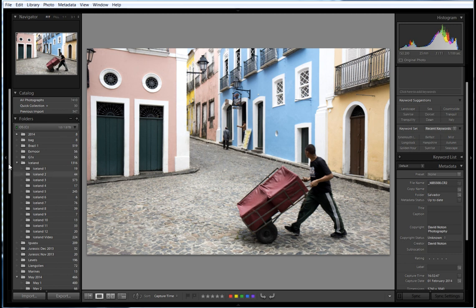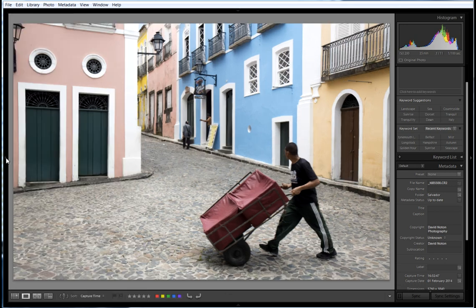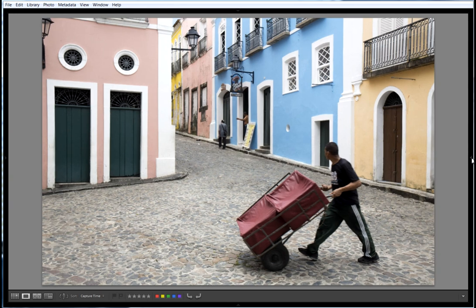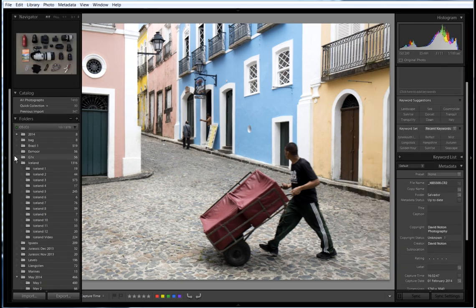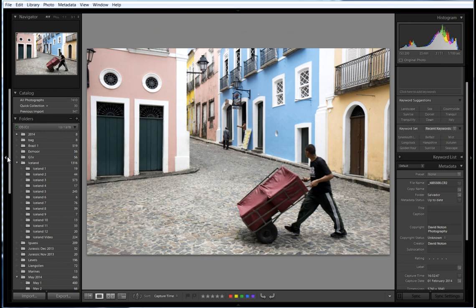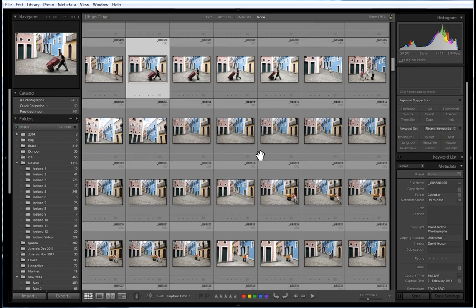And I can see it even larger by clicking on these arrows here on the right of the frame, so that if I want to, I can look at that image with nothing else there to confuse the issue. So that was the start of the shoot, and I was aware that there was potential there. I'm just going to double click to go back to grid view, and then various people walked